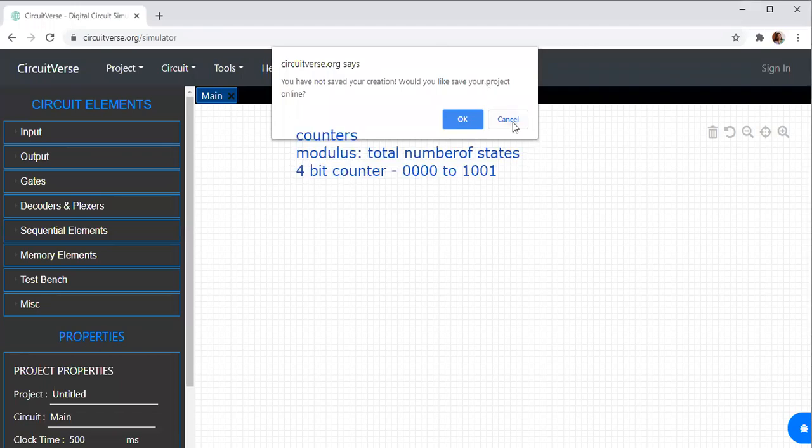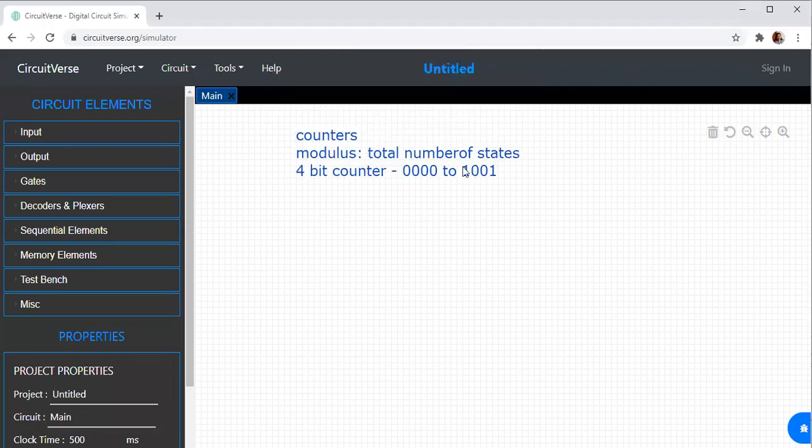We have 9 states, since the count is from 0 to 9. So including 0, you will have 10 states. So this is a mod 10 counter since we have 10 states.